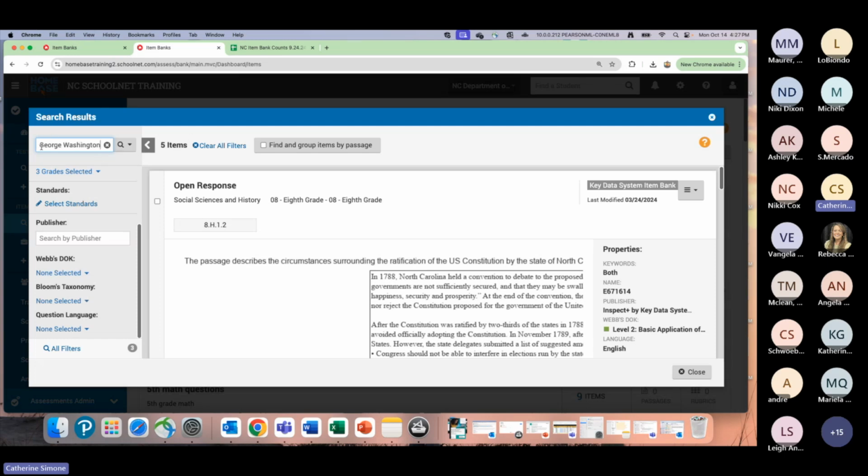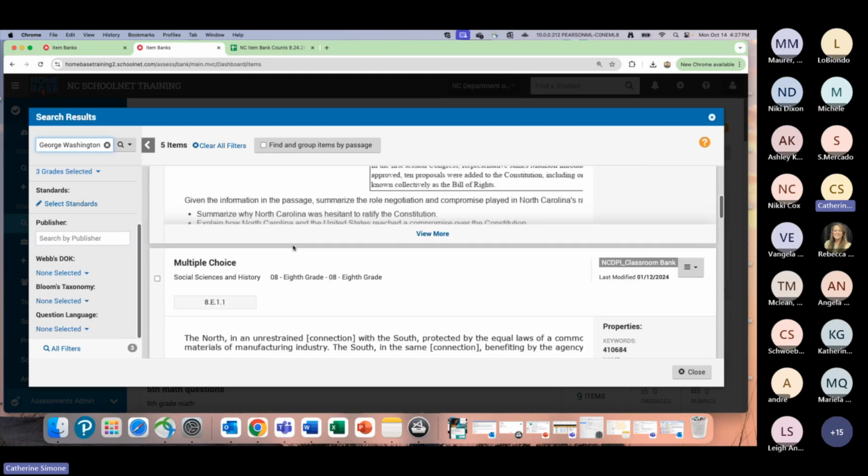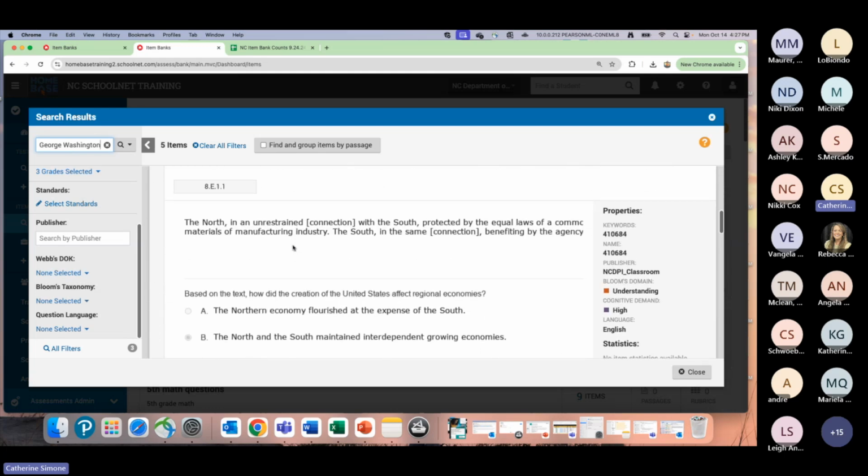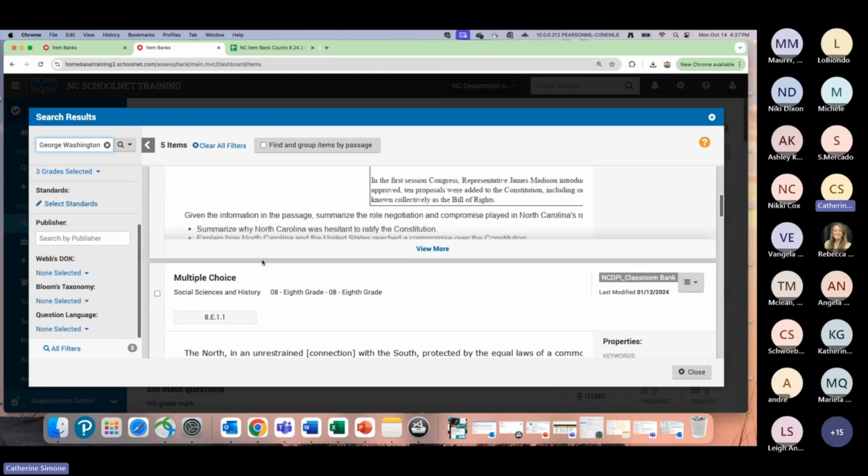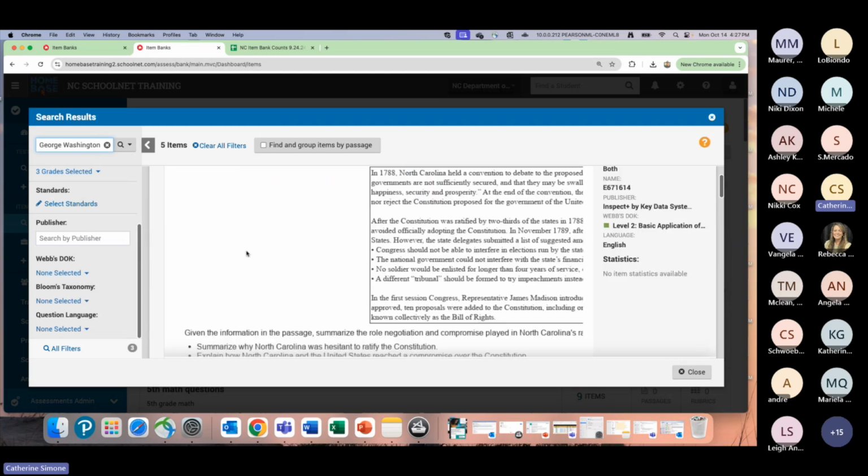I type in that name because I think that's a good keyword for this. It's probably not, but again, I'm not the social studies expert. I apologize. But now, at least in this search bar up here, my questions are going to at least appear in the correct time frame, even though my standards may be everything from, we see here, economics to history,